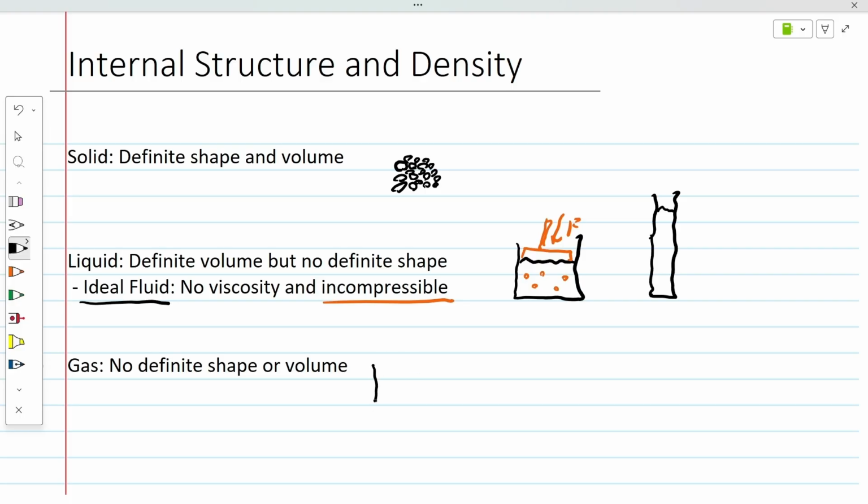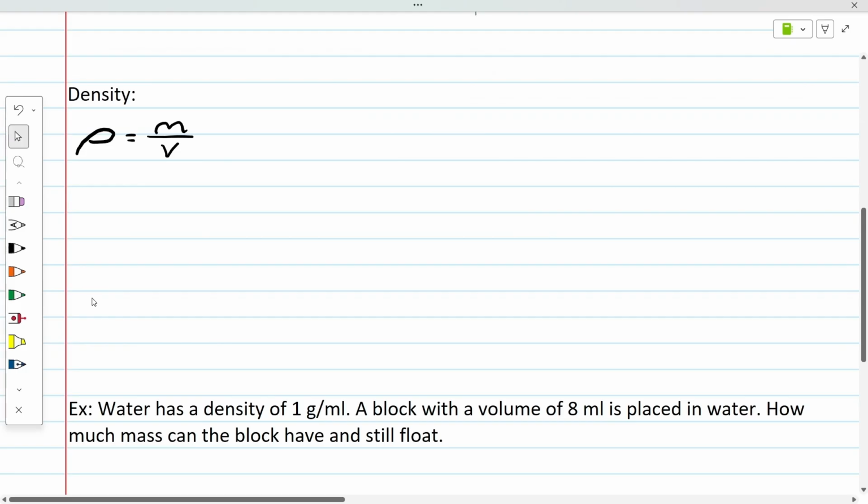Let's say we put a gas in a container like this, and it has some molecules in it. It's going to depend on the container how much volume this gas takes up and the shape it takes, which means a gas is compressible. So let's say we had a piston on a container like this, and we pushed it down to, let's say, here. Now the same amount of gas is going to be in here, but it's going to be pressed to a different shape and a different volume. We'll denote this difference by the difference in pressure, and we'll talk more about pressure in the next video. But in this video, let's talk about density, which mainly when we're talking about density, we're talking about solids